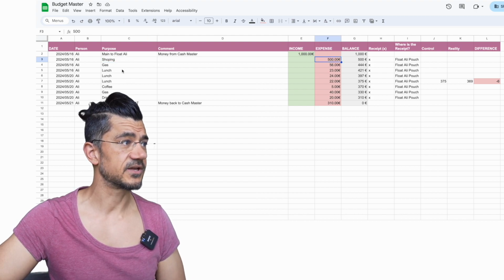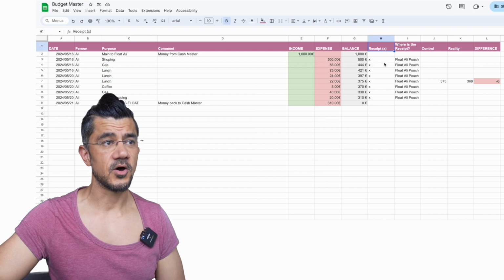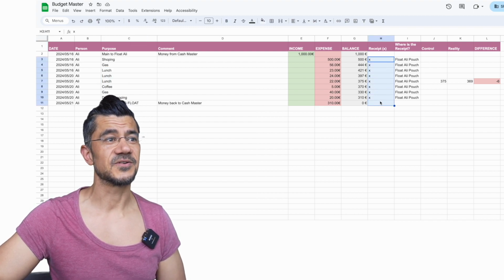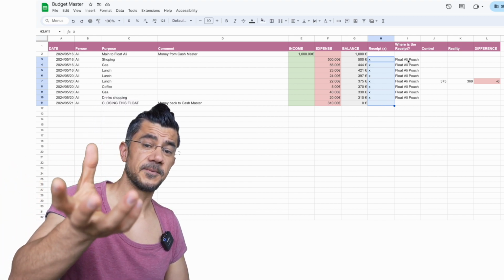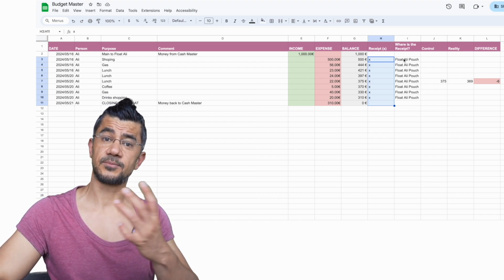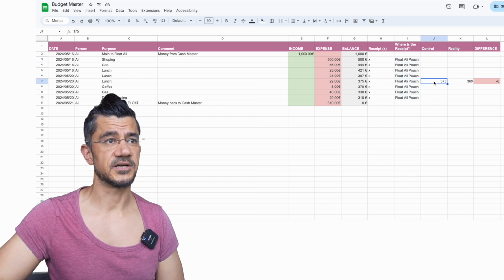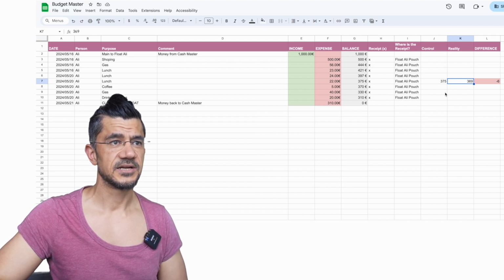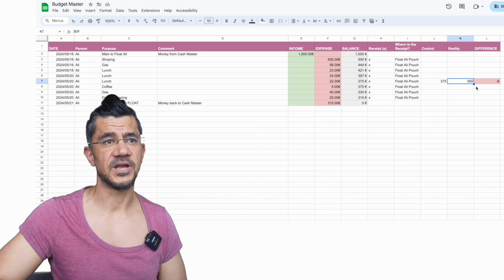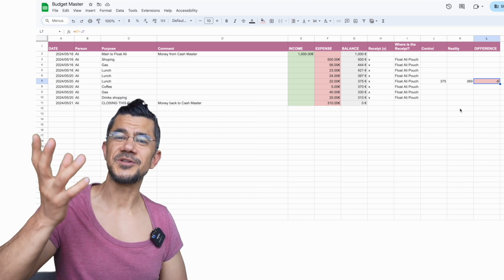So if I go shopping, I want to make sure I put that in there. If I gas the car, I want to make sure I put that in there. Pay for lunch, coffee, whatever. All of it is in there. And ideally, all the receipts are in there as well. So at the end, when I come back with my wallet and hand it in, together with the person who is responsible for the main cash box, we sit down and we're like, okay, all of the receipts are in the float. Fantastic. We count the money, and we realize it's supposed to be 375 euro, but we have 369 euro, for example, minus 6 euro. Oh no. What do we do now, right?